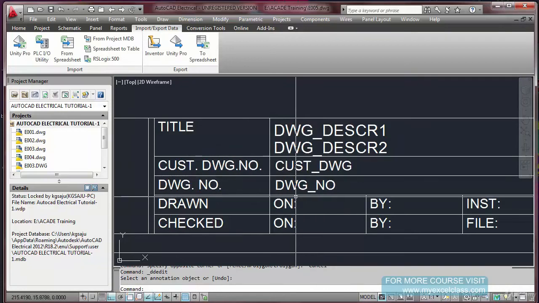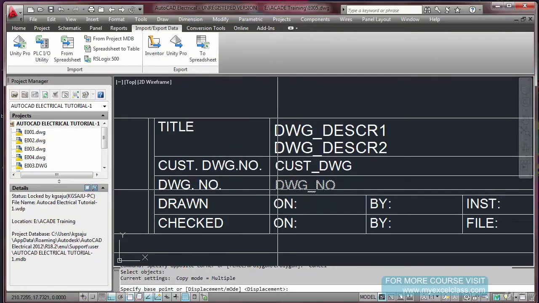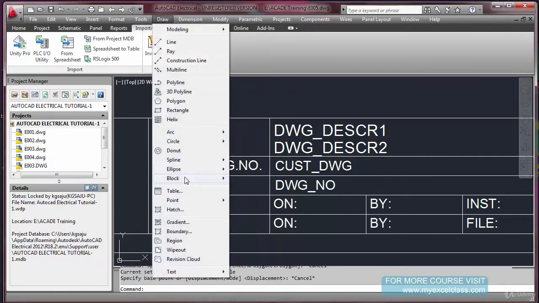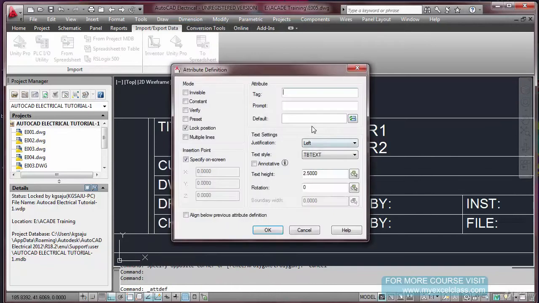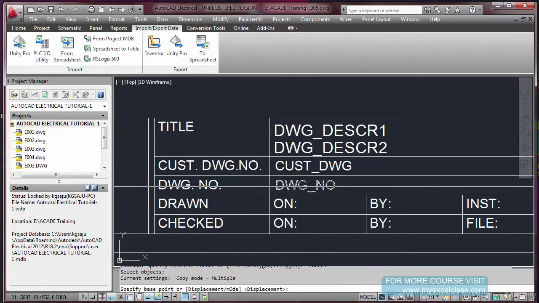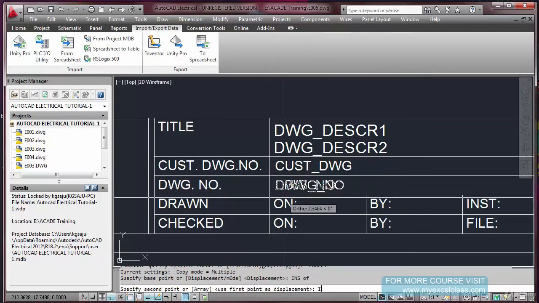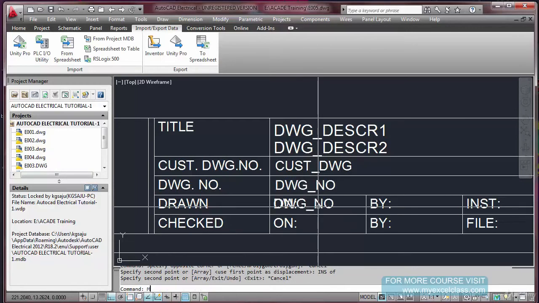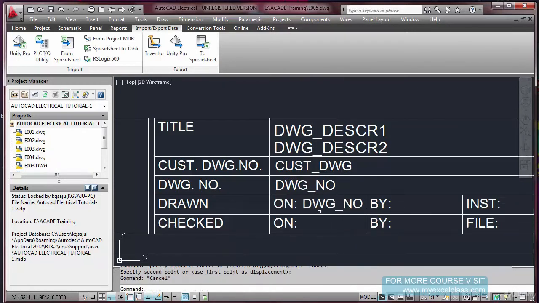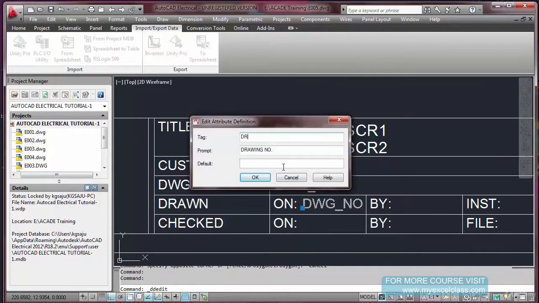Now copy this again. Either you copy, or you go here and insert from Draw, Block, Define Attribute. From here also you can do it. I'm going to insert here, move a little bit here. Drawn date.